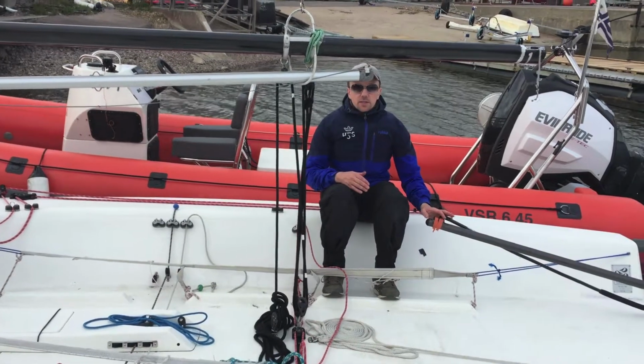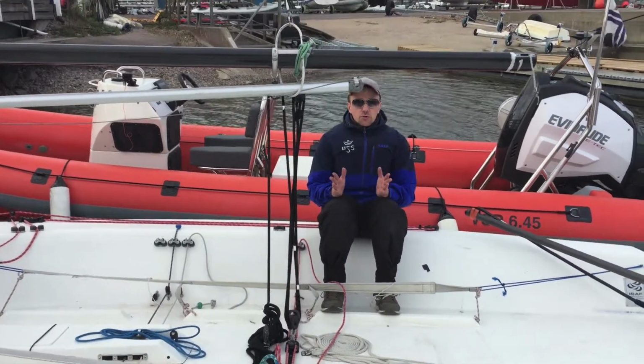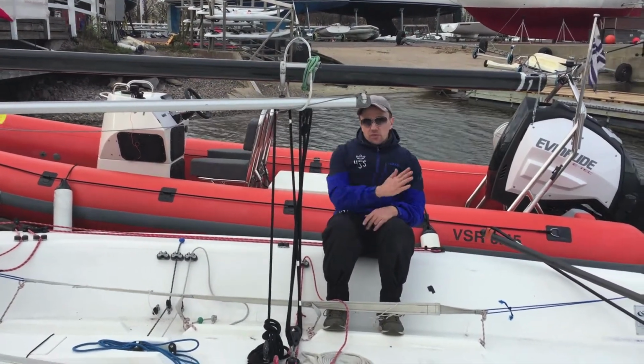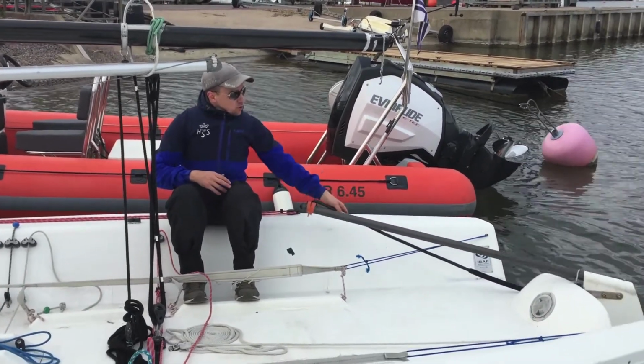Now we'll discuss the positions of the crew and the controls that the crew have in their hands. So we'll start from the back of the boat. Helmsman, skipper, controls